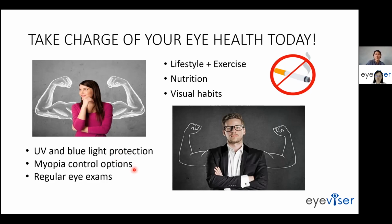For children, we are mainly concentrating on myopia control options. And the key is to have regular eye examinations, be it for children or for adults, because there are also underlying eye diseases that are affecting all of us. Sometimes seeing clearly does not mean that your eyes are healthy. Yeah? You need